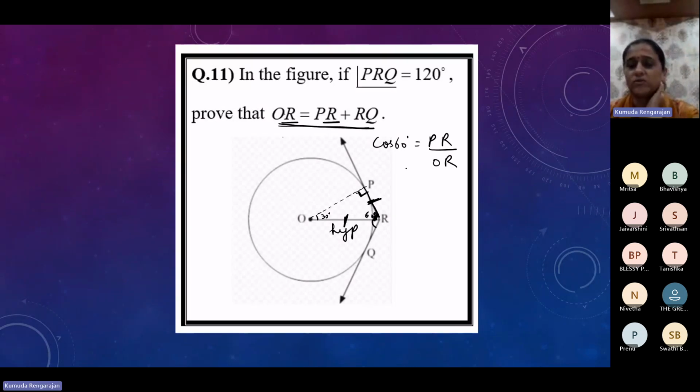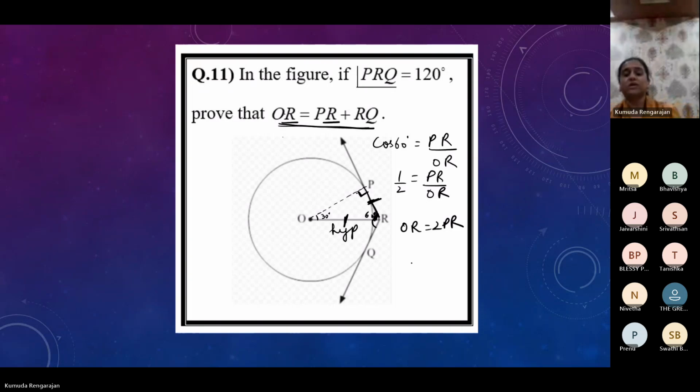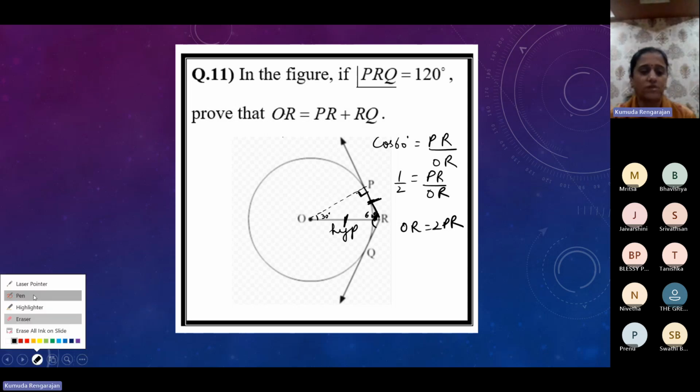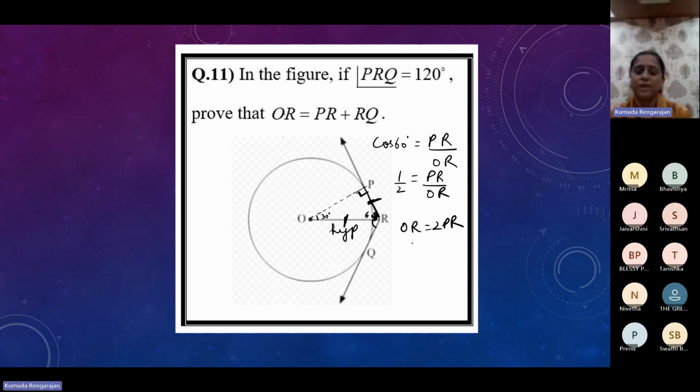So cos 60, what's the value of cos 60? 1 by 2. 1 by 2 is equal to PR by OR. So you get OR is equal to 2 times PR. So we're close to the result. We have to show OR is equal to PR plus RQ, but we've got OR is equal to twice PR. Twice PR means PR plus PR. So OR is equal to PR plus